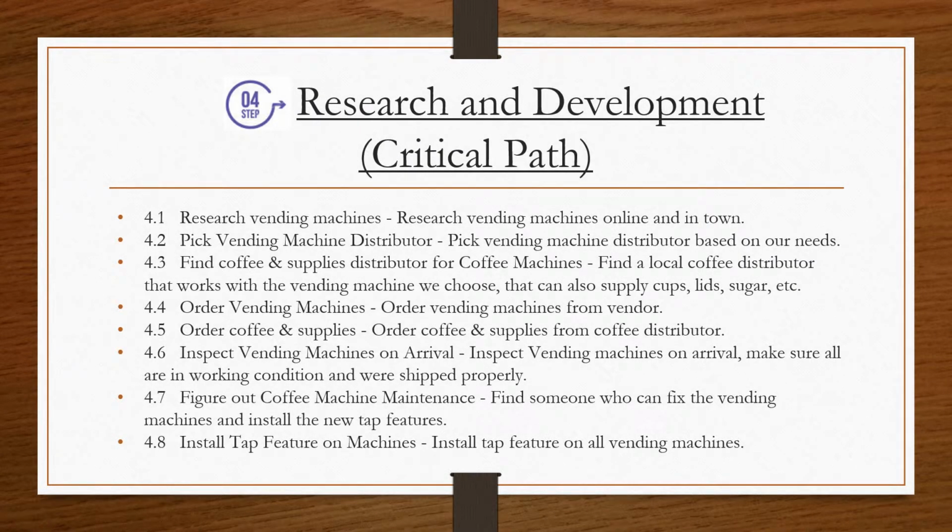Step 4 is our research and development. 1, we need to research the vending machines. Research vending machines online and in town. 2, pick the vending machine distributor. Pick vending machine distributor based on our needs. 3, find coffee and supplies distributor for coffee machines. Find a local coffee distributor that works with the vending machines we choose, who can also supply us with cups,